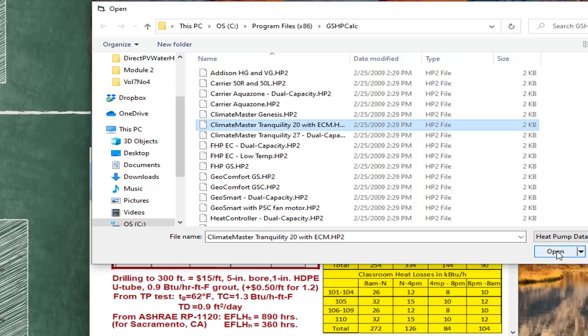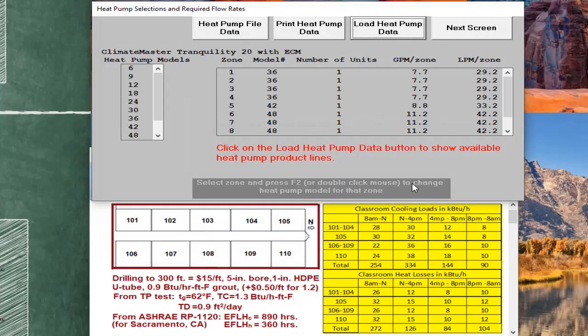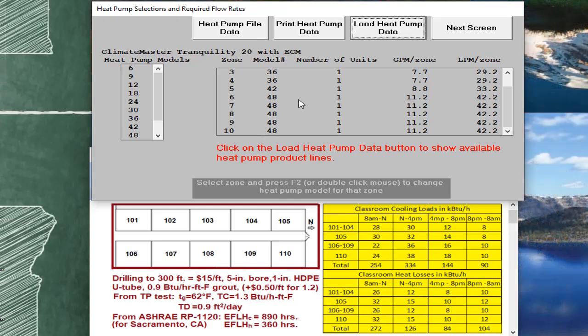And it's a Climate Master Tranquility 20. We'll open it up. And you see what's happened is the program has selected heat pumps to match both the heating and cooling load requirements. And so in these 4 zones, you'll need a 3-ton. And in this corner zone, it'll have to be a 3.5-ton. And all these zones here on the west side will need the 4-ton unit. Okay? And it tells us what the flow rates are in both English and metric units. The program does both